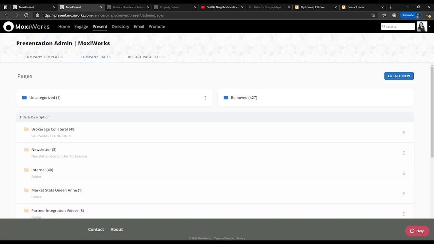To create any content, whether it be templates or company pages, you'll want to start with pages first. The Pages section allows you to create a folder structure that will be valuable to your agents in finding the content. You can also permission individual folders so only certain offices, regions, or even individual agents see the content in their accounts. Let's create a new page. We'll select Create New